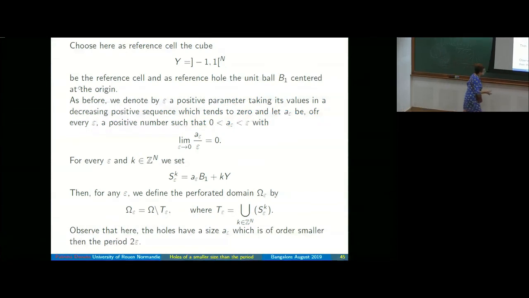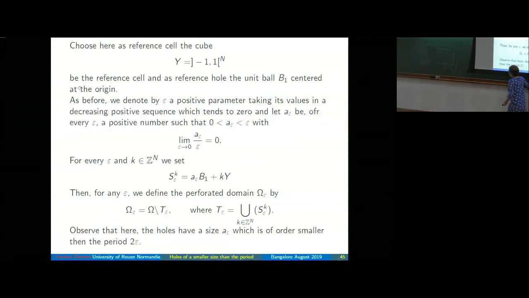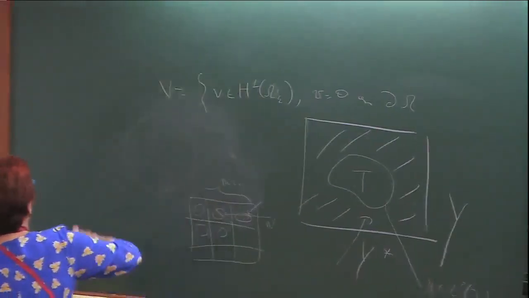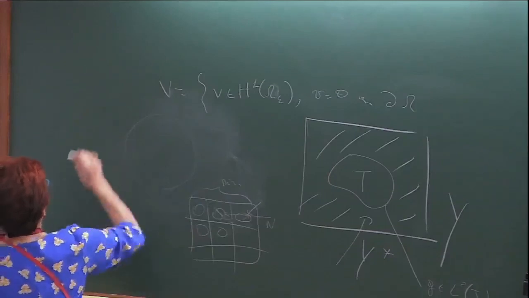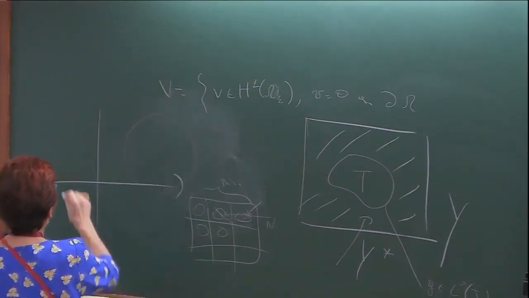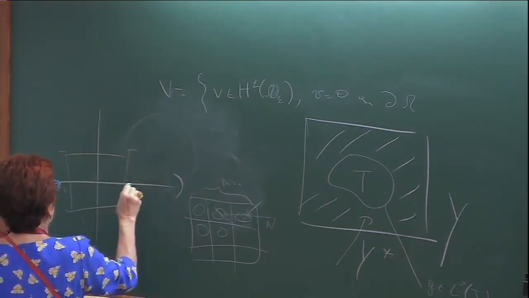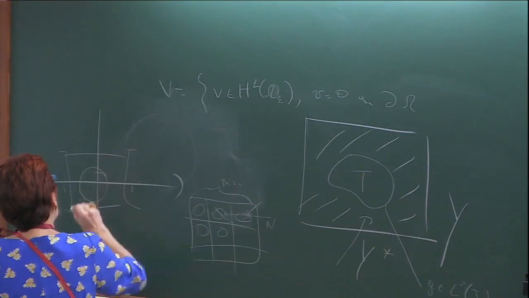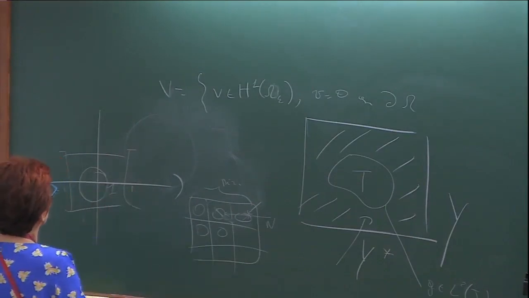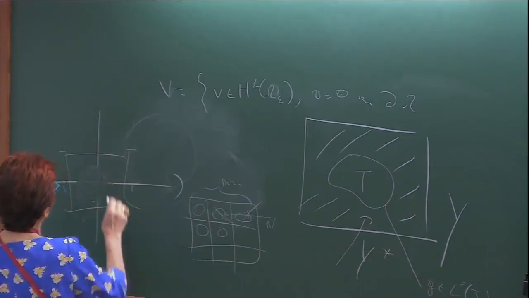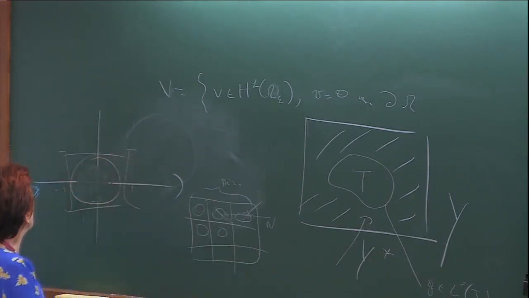So we have our... this is minus 1, 1. And here we have the ball of size 1. No, there is something wrong. Doesn't matter. No, it's okay. We have the ball of size 1. But now we shrink more the holes than Y. And so